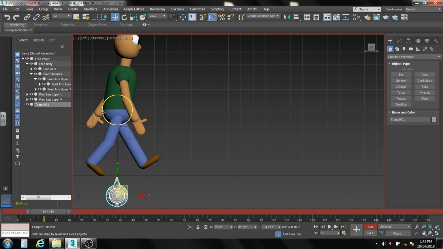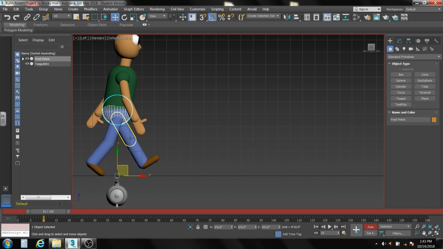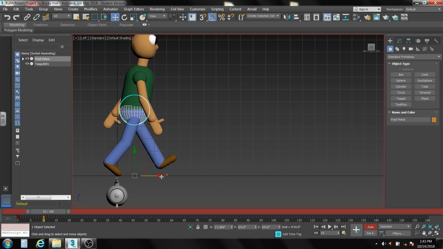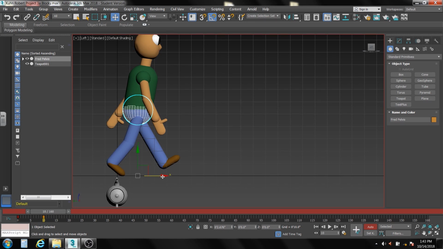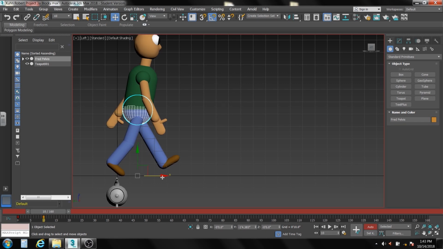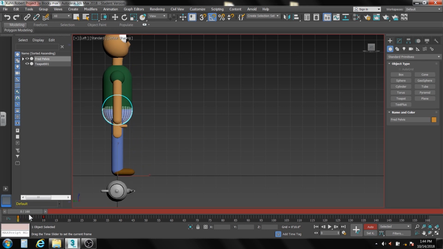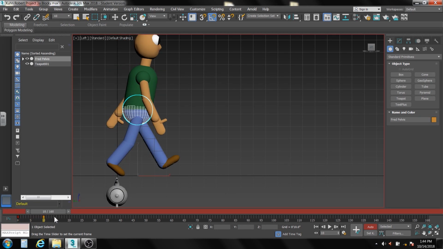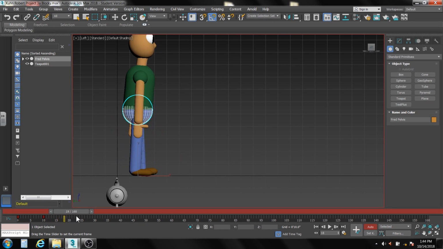Okay, easy enough. So back to selecting the pelvis here. I'm just going to take, on the 10, move that foot to where it was, right about where the toe is, right there. All right, something like that, right in the middle of the foot. Okay, so you can see right there. Don't worry, that teapot's not going to keep doing that. And so then we move